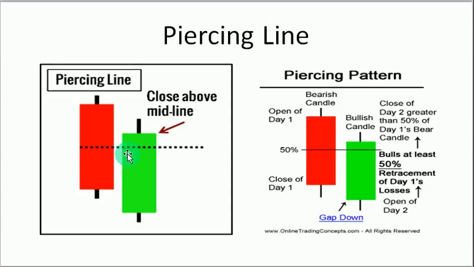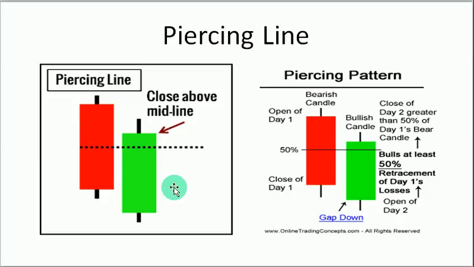Piercing line. Piercing line is actually when you do candlestick addition, this is actually what we call sort of a pin bar itself, because if you add the red candle here to this one, it will actually be a pin bar. Things like that. Actually, bullish candlestick piercing pattern. It means that